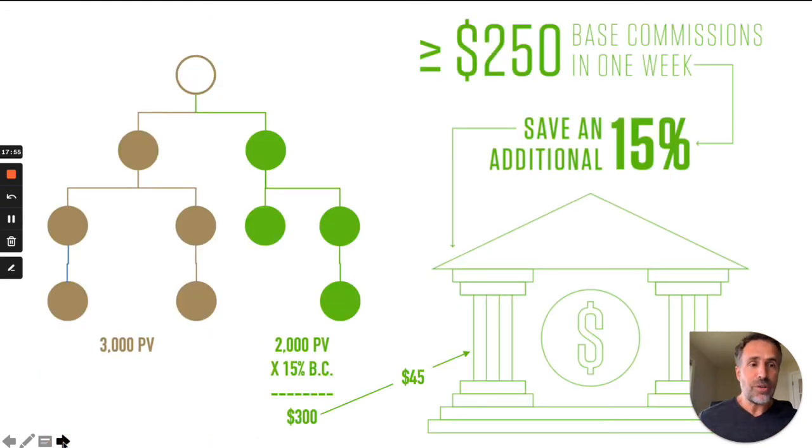Now, we also have what we call the savings bonus. So what the company does is every single week, they look at how much base commission you earned, so that was from your pay lines. And they say anytime you earn $250 or more, they add to it 15%. And they put that in a savings bonus. So for example, let's say I've earned $2,000 in PV. 15% of that is $300. So it's more than $250, so they add to my $345.